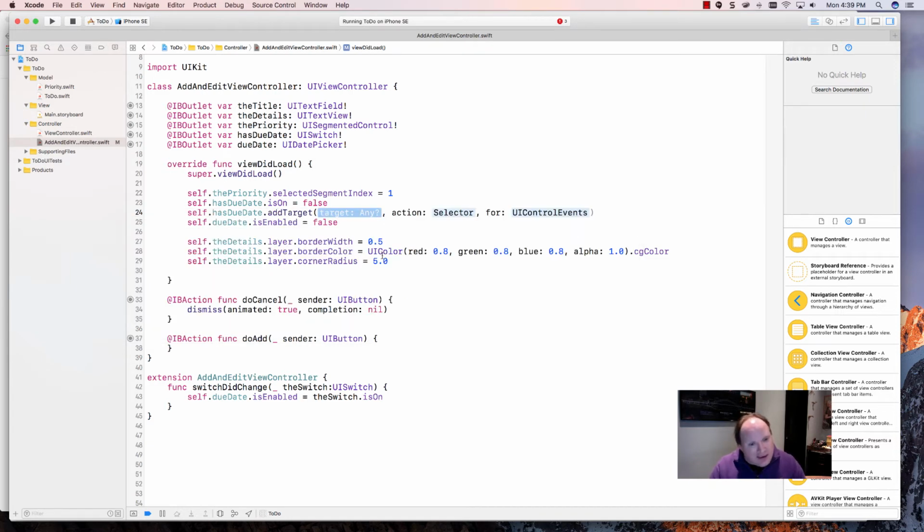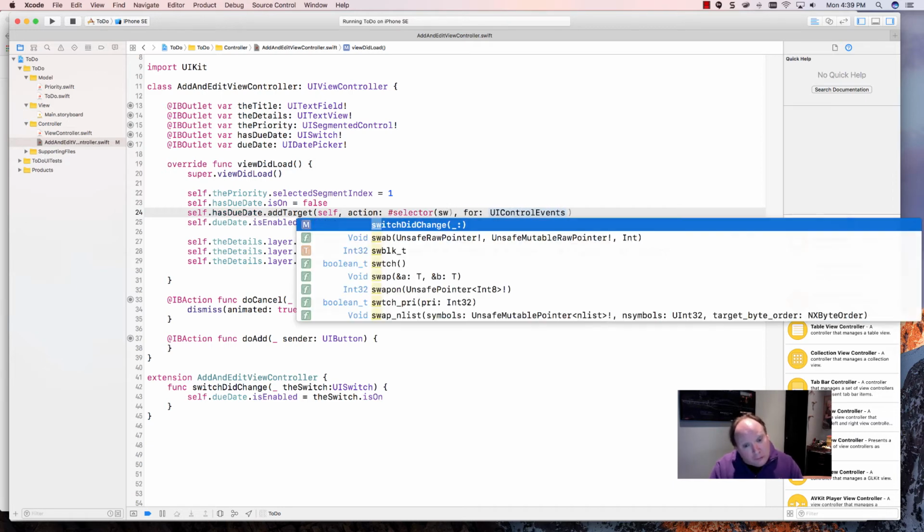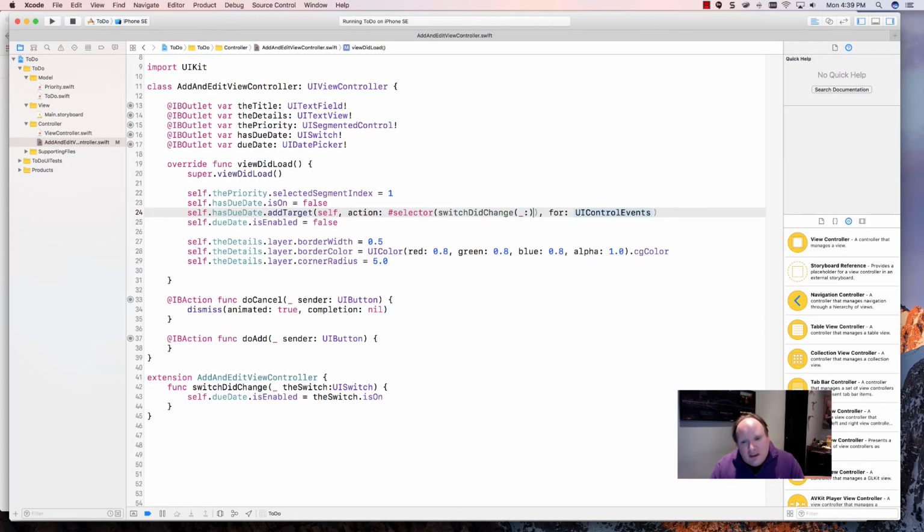Sorry about that. The target will be itself. The selector will be pound selector, and then the name of the method we just made, which is switch did change, and the event will be